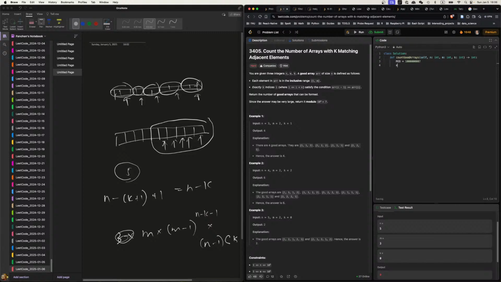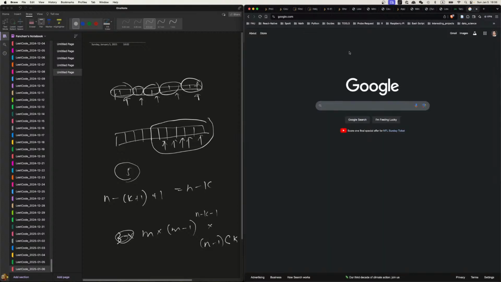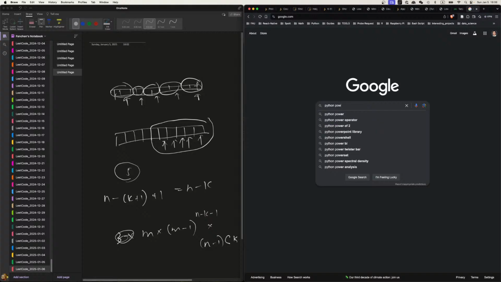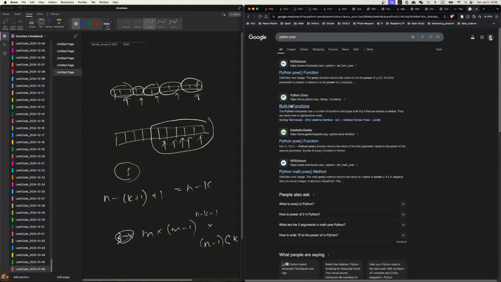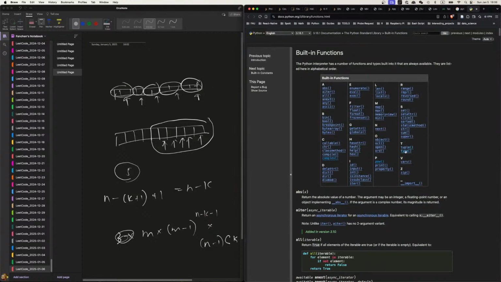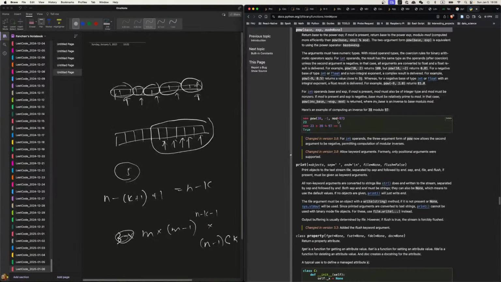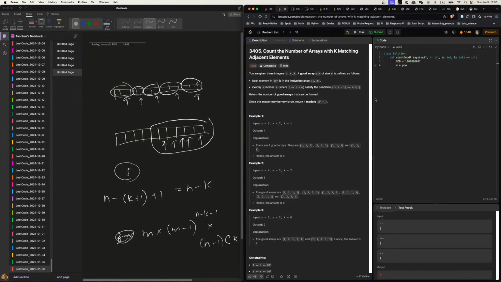So we say m times, I remember the pow, built-in function pow, with mod. Yeah, we can do mod. So pow m minus 1, n minus k minus 1, mod equal to mod. Times this, times